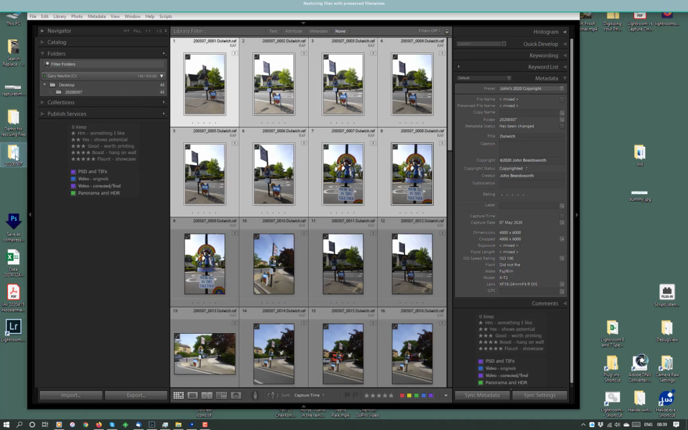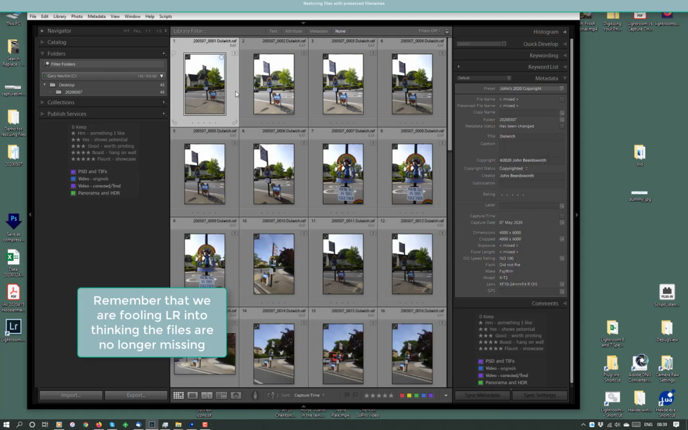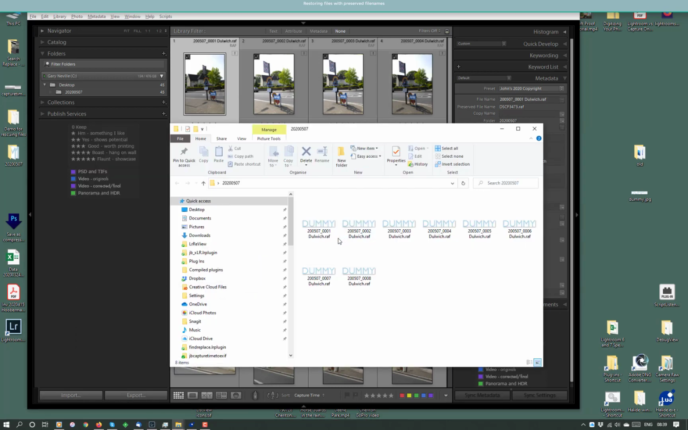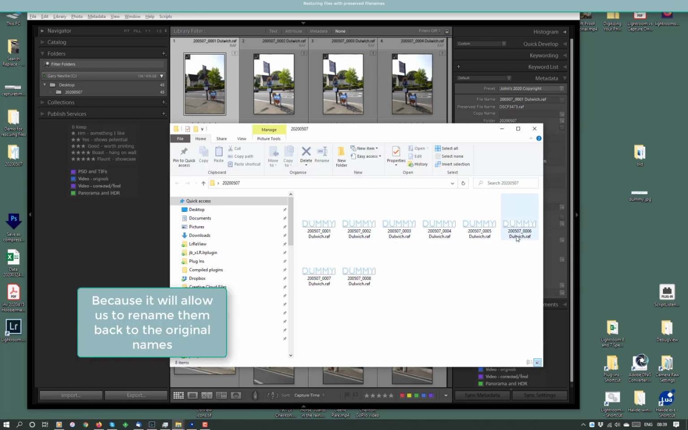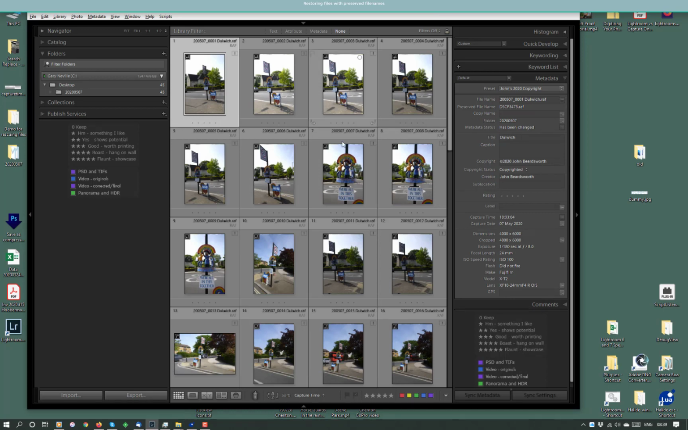Let's have a quick look what's in them. And you'll see there's a whole bunch of files that have got the same names as, if I go back to here, number 1, and all of these files have been created from this dummy JPEG. Back in Lightroom,